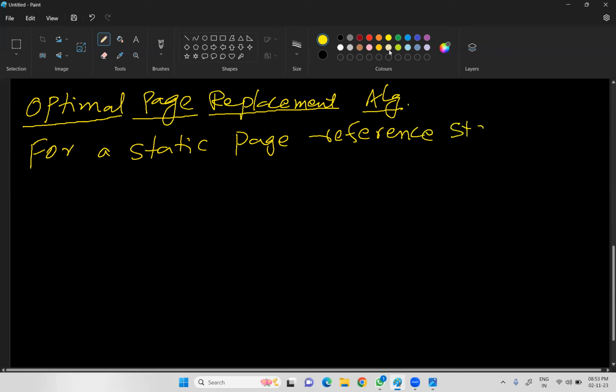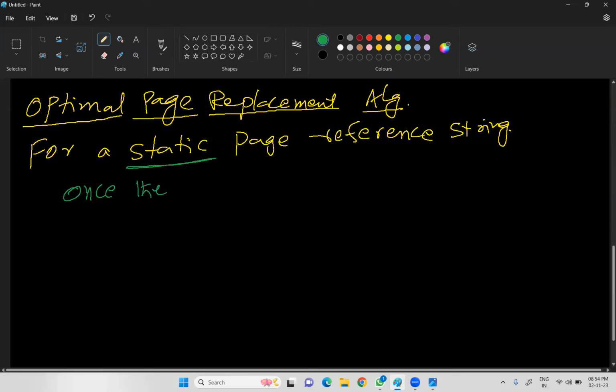A reference string. This is the first point you need to consider here. Static page reference string: what do you mean by static here? What is the meaning of static in the sense that once a process has prepared